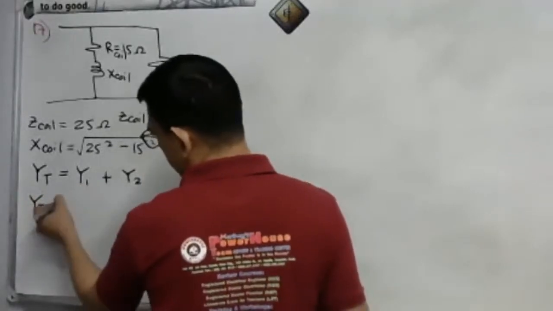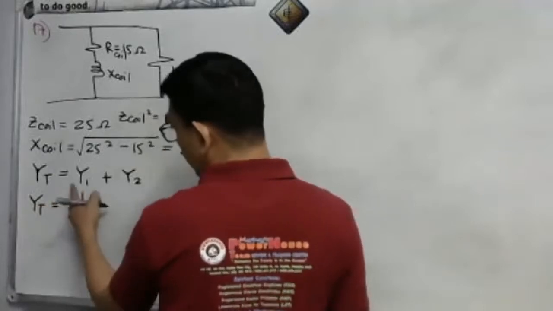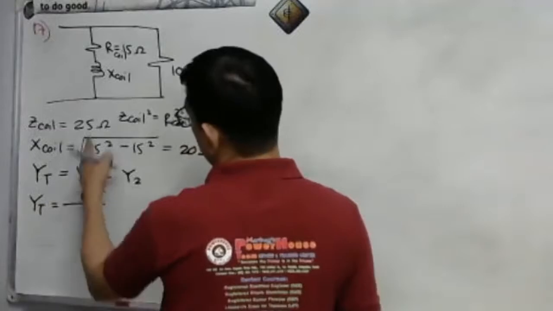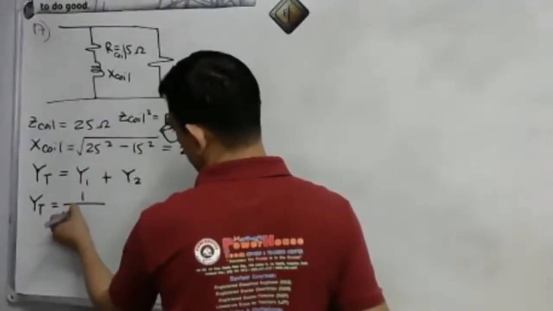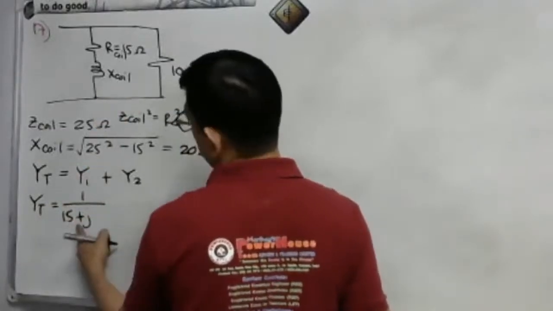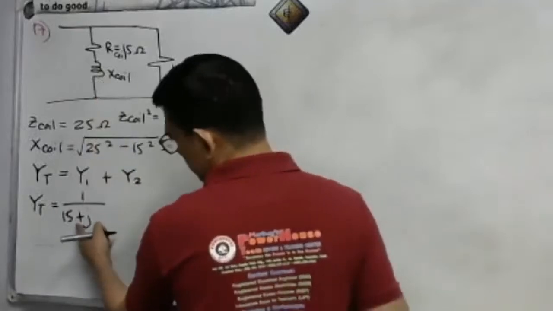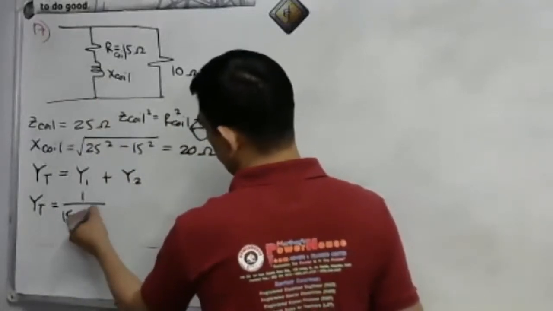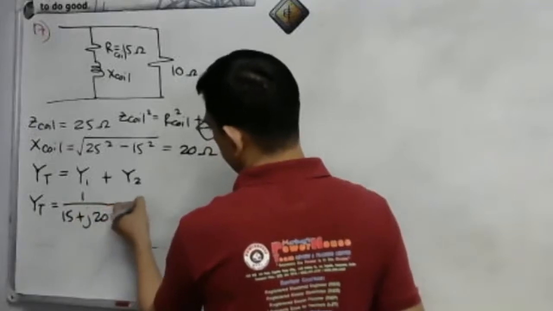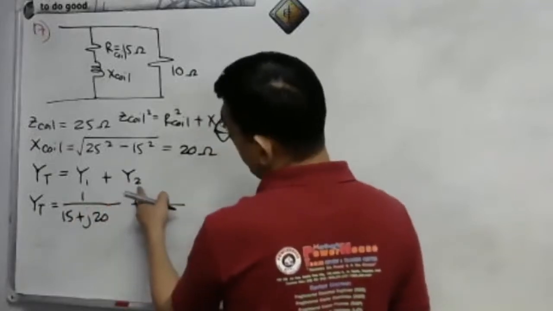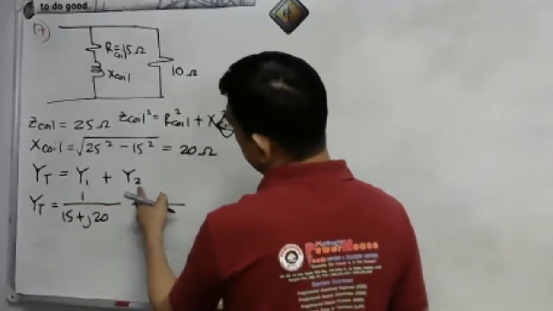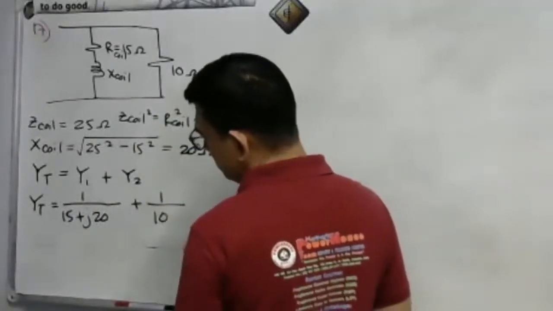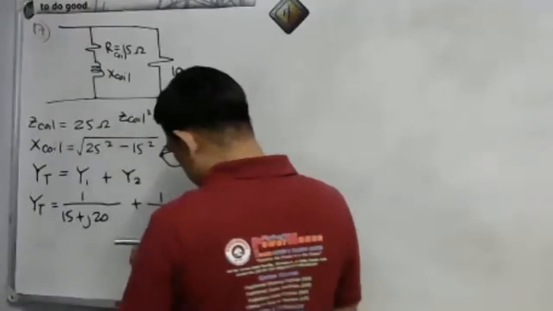Again, what is our y? Our y is 1 over the coil's 15, plus j, plus because it is inductive, so this is plus j20. Plus 1 over, what is our y sub 2? That is simply 1 over 10. Then, what you will do here is